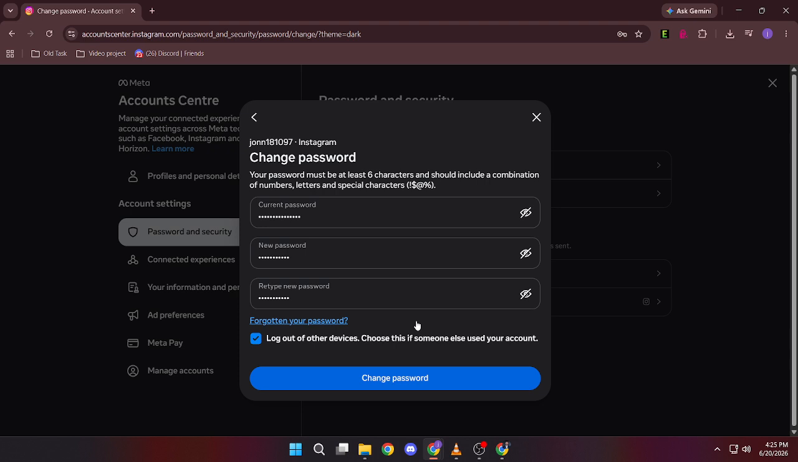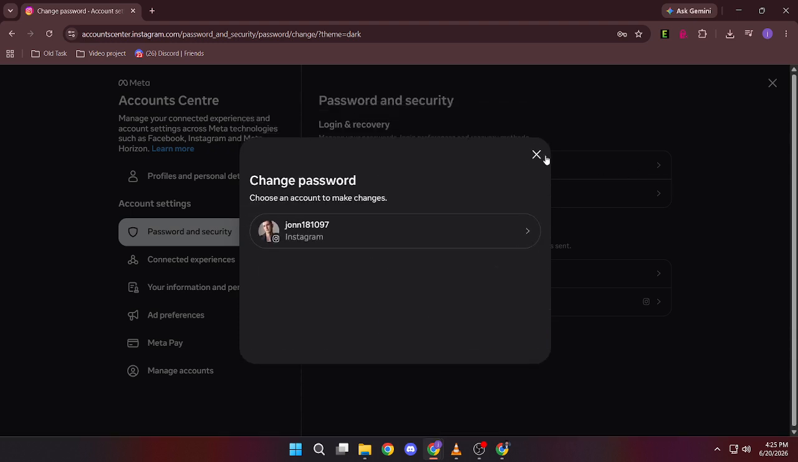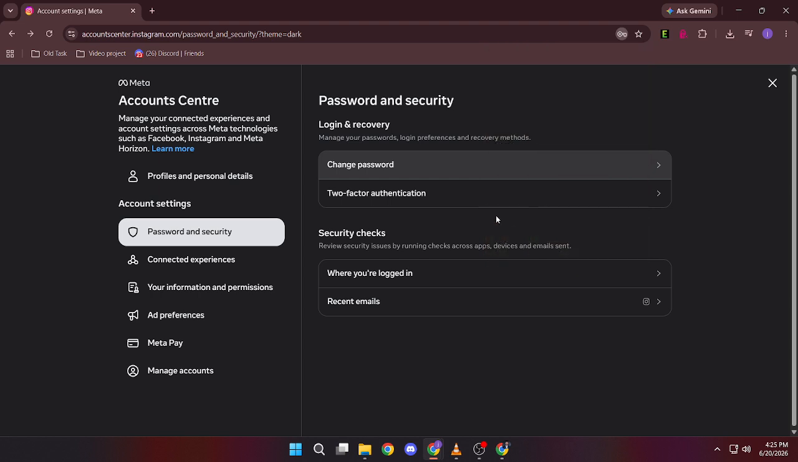After entering the new password, confirm the changes and save the update. Instagram may ask you to verify your identity before completing the process. Once your password has been updated, consider enabling two-factor authentication for additional protection. This adds an extra verification step whenever someone tries to access your account, and that's how to change your Instagram